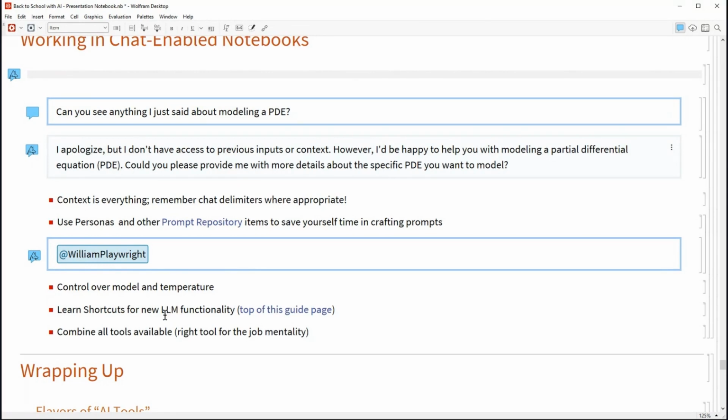So if we combine all the tools available to us, right? You'll see as we've gone through this particular chat-enabled notebook, sometimes we were using calls to Wolfram Alpha, sometimes we were working with Wolfram Language code. We could have that code written by the large language model. We could also take code that someone else wrote, put it right into the middle of our notebook, and then ask the model to explain this code to us. So make sure that you're combining all the different tools that are available to you and have this mentality that generative AI is good for particular things, Wolfram Alpha is good for particular things,